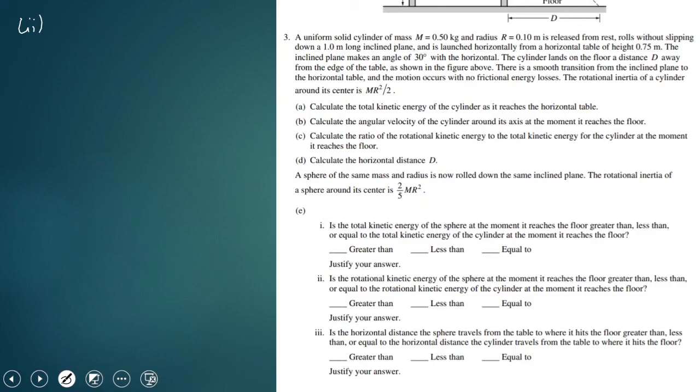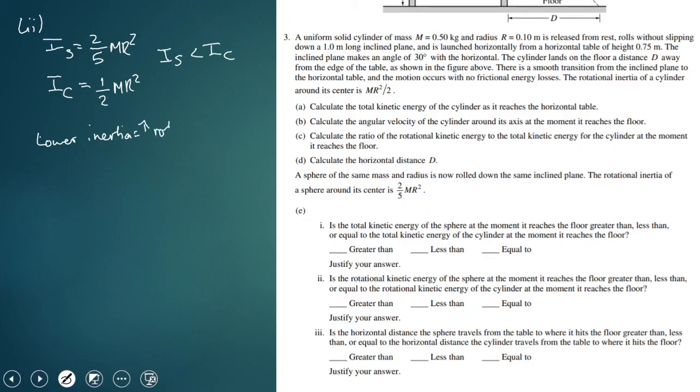So what do we have? The inertia of the sphere is equal to 2/5 mr squared versus the rotational inertia of the cylinder, which is 1/2 mr squared. So the rotational inertia, this is 0.4 versus 0.5. So I_S is less than I_C. So lower inertia equals